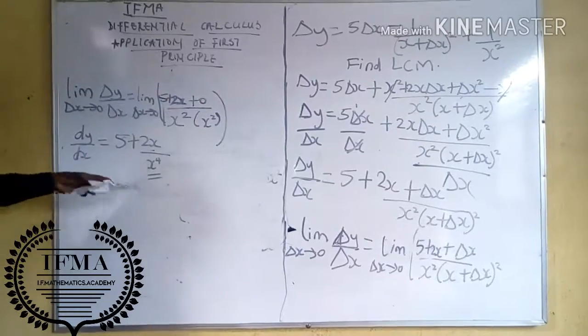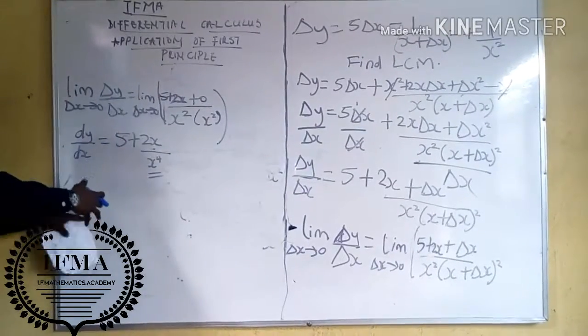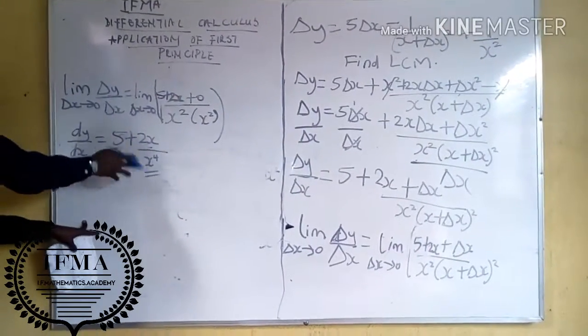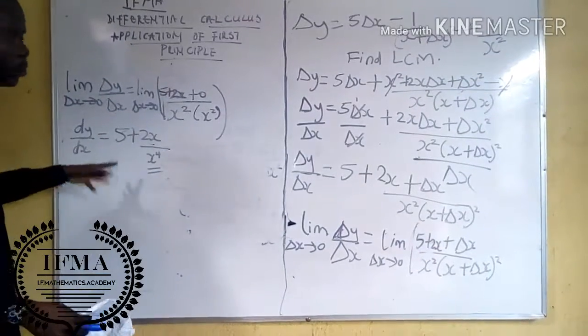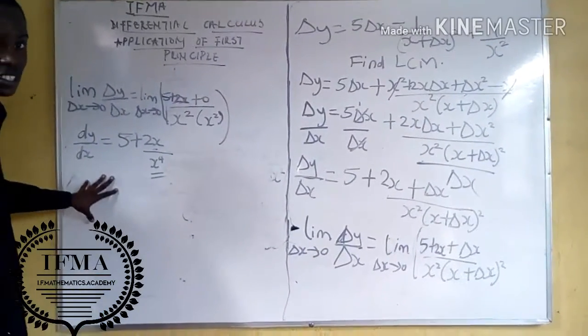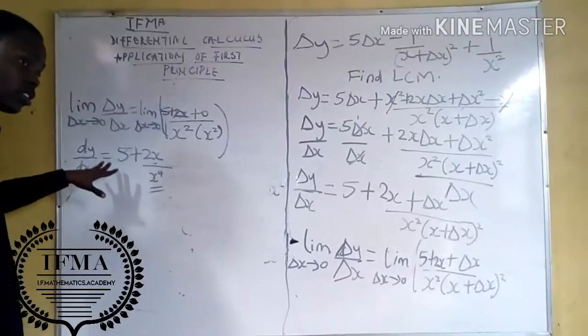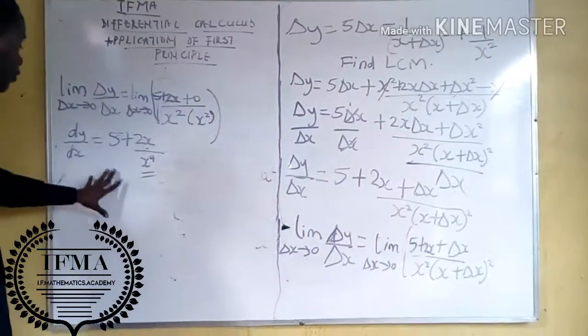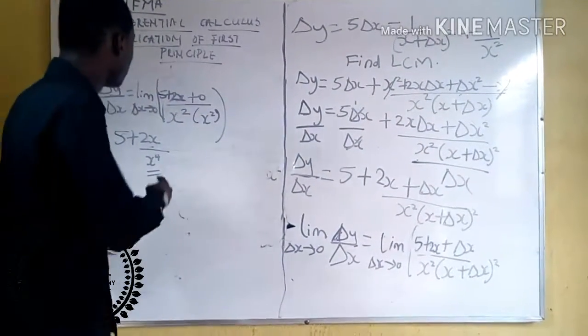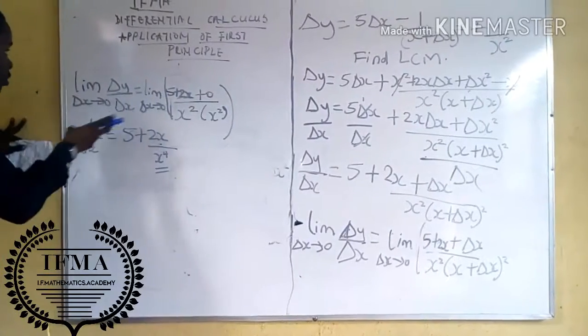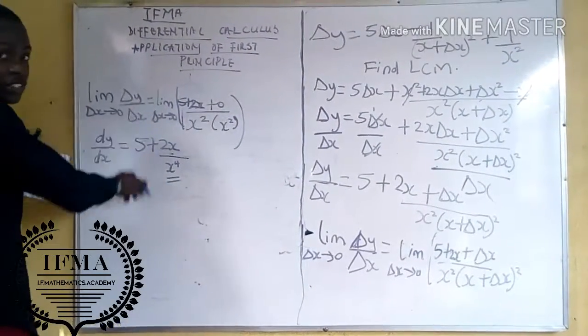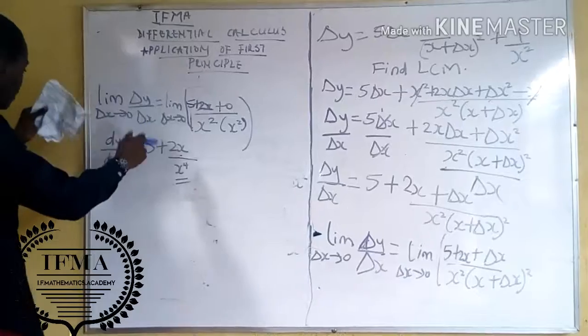And if you want to further simplify this, we can just take the least common multiple of this and find the answer. That's going to be a little more complicated, but we are going to leave it as this. You can expand, you can simplify this much further if you want. And so this comes to the end of our differential calculus application of this example, which is 5x minus 1